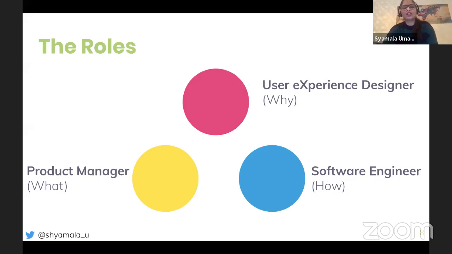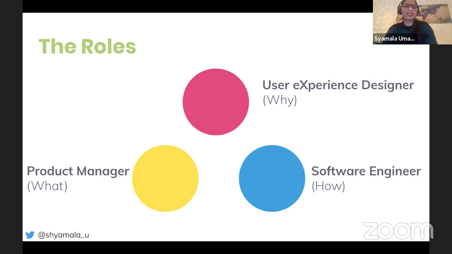and the product manager is basically responsible for the roadmap of the product, what needs to be built, how do we prioritize when things need to be built, how do we have our release cycles and so on. And the software engineers are responsible for how to get this done and how to present this to our customers, so we get feedback, so we can learn from this.